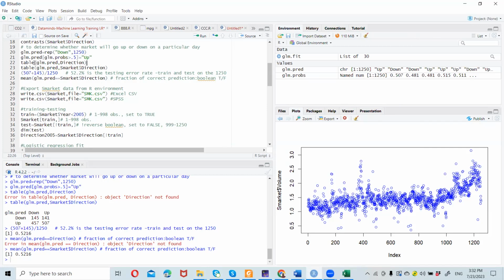That's what accuracy measures. So we have seen that our accuracy level is 52%